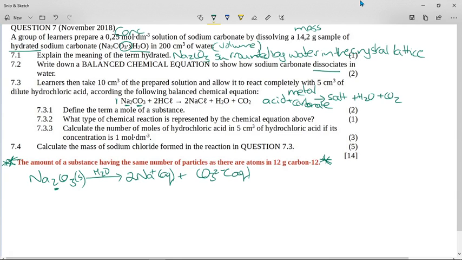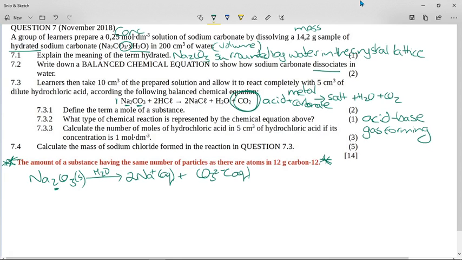It says what type of chemical reaction is represented by the chemical equation above. It is an acid-base reaction, okay, because hydrochloric acid is an acid and it's reacting with that metal carbonate, which is acting as a base. You cannot have an acid-only reaction. You always have to have an acid-base reaction. This one also has another identity because of this carbon dioxide. It is also gas forming, so they should accept both answers, but the answer they're mostly looking for is the